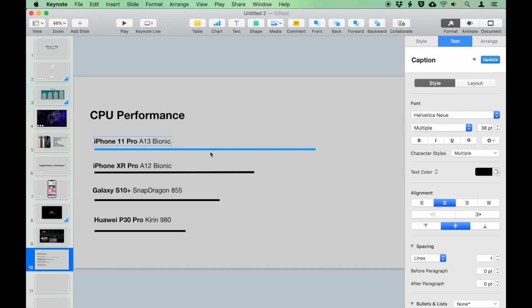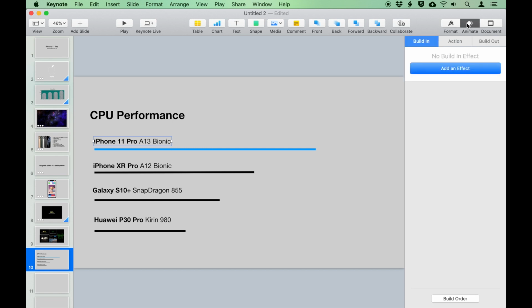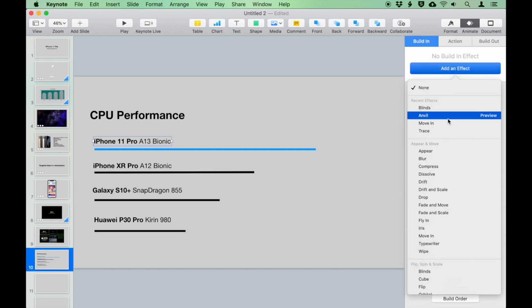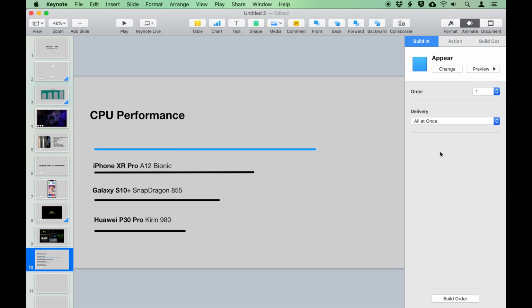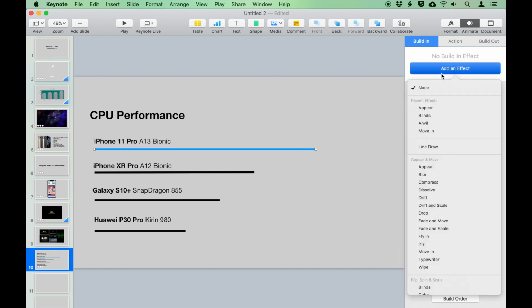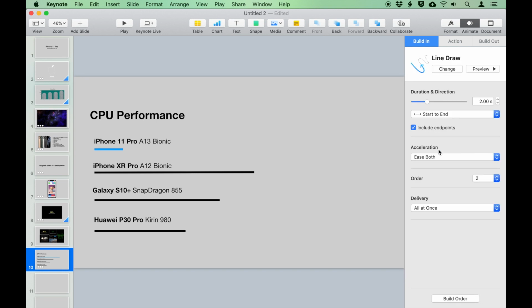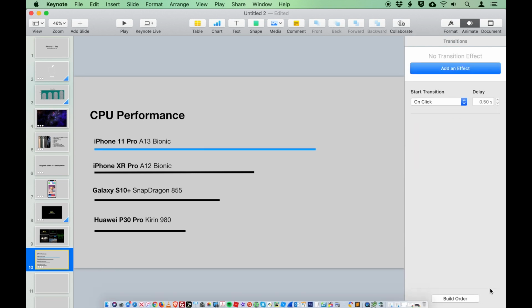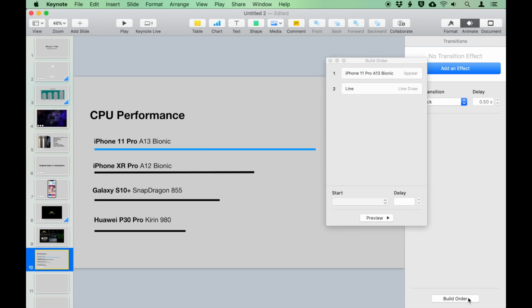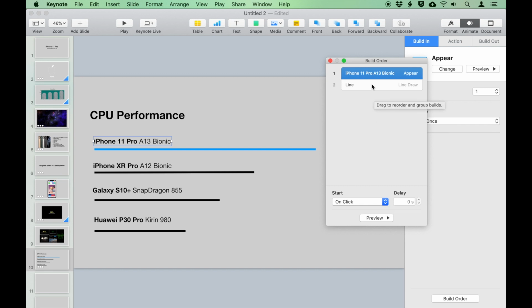Now let's add an animation. Click Animate, Add Effect. We'll just use up here. But on the line, we'll use Line Draw. We'll click the build order so that it appears together. On click,